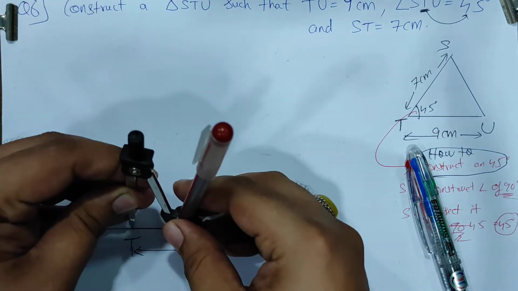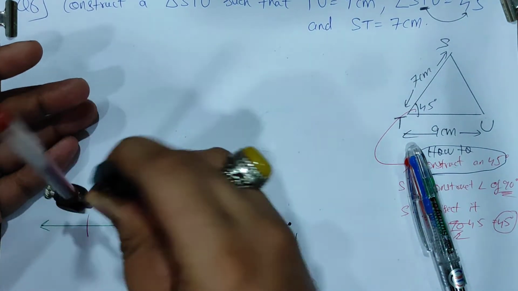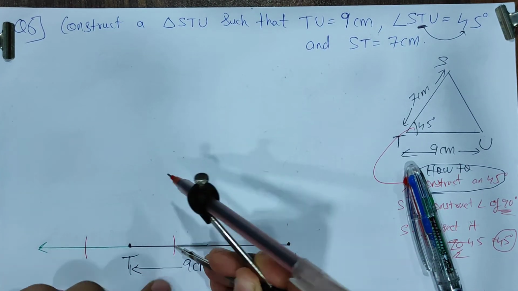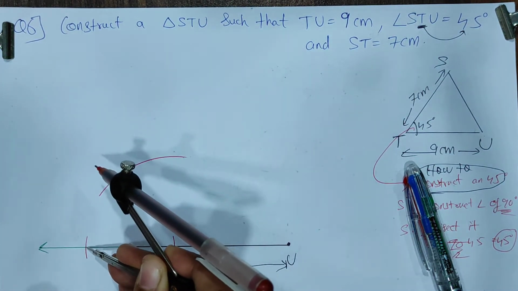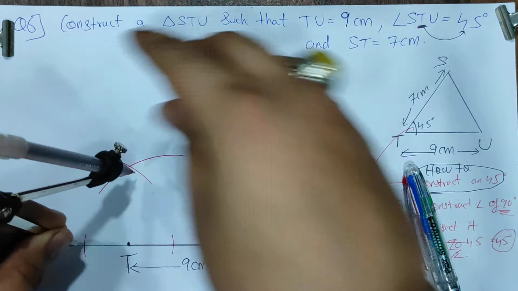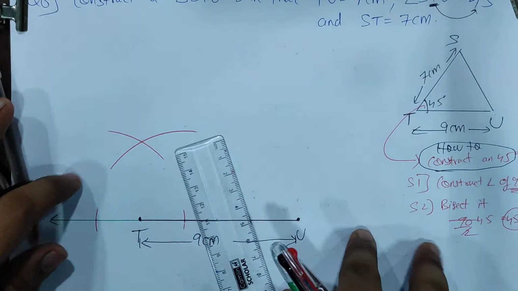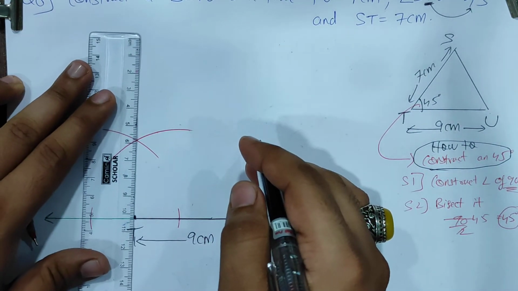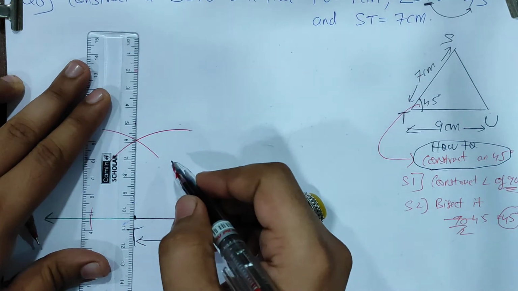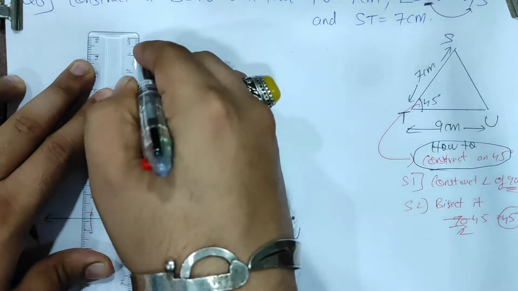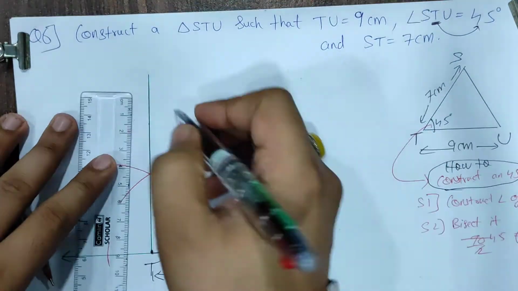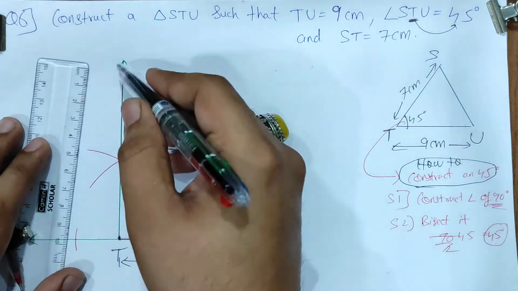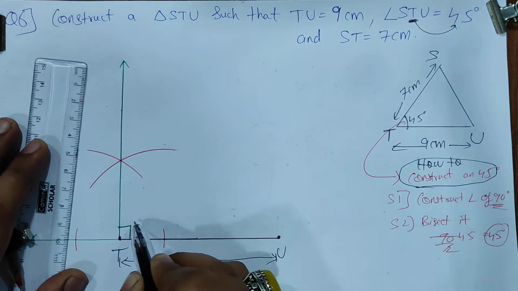Keeping at point T, an arc over here, an arc over here. Increase the radius, it should be more than half. Keeping at this point, an arc over here. Keeping at this point, an arc over here. Darken this point, highlight that point, and join these 2 points, this and this. Make an arrow over here, and hope you all are aware this is 90 degree. So here point S will not come. Make a box here, we don't write 90 degree.